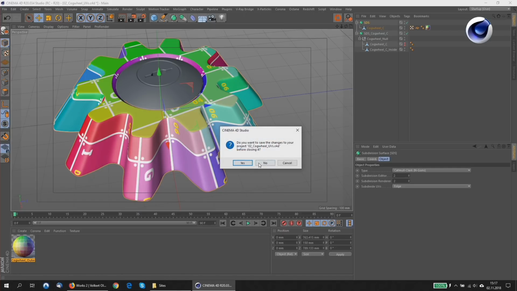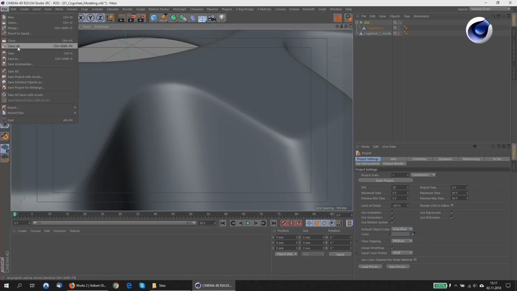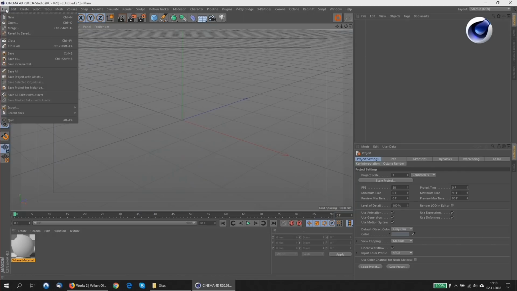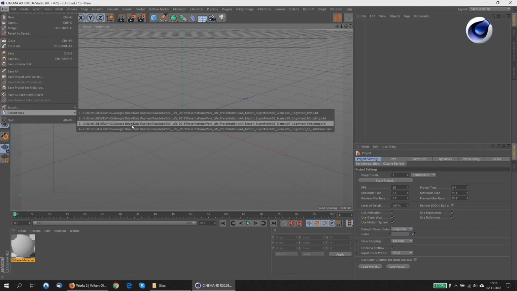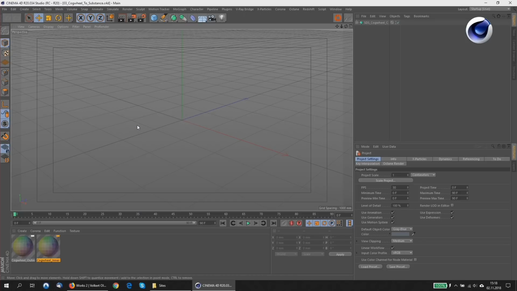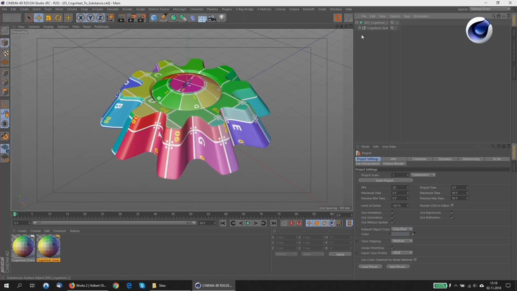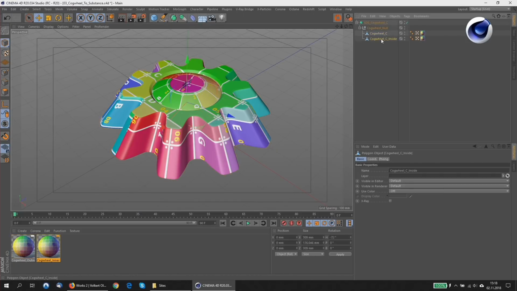Close that. Close that. Open the next one, which is, I guess, texturing. Well, maybe to Substance. Did I miss something? I don't know. Well, we also did the inner part right now, so that's when you want to get objects